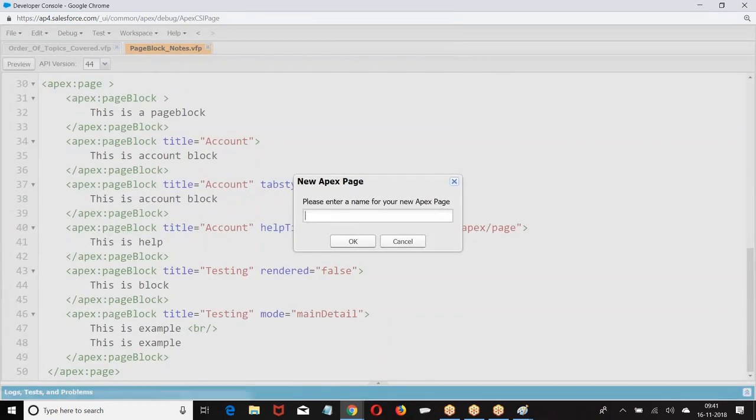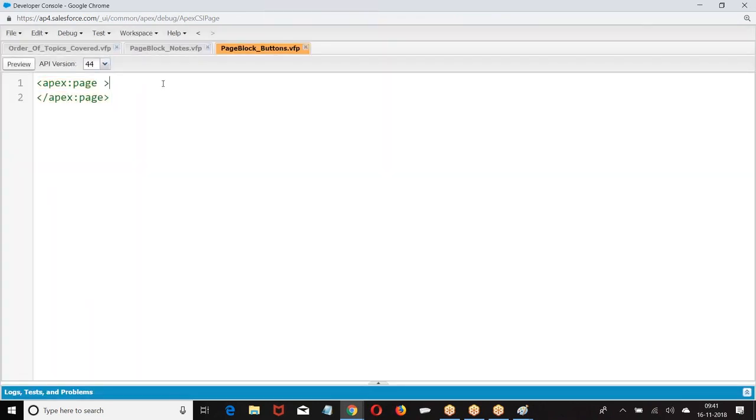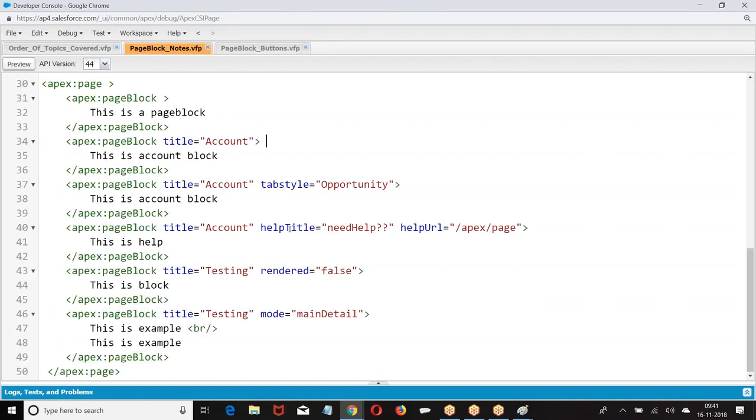Now, Satish, yes. When I was writing the code in the page block, I was not able to get the help title. When I was typing title, I am getting the drop down from there.